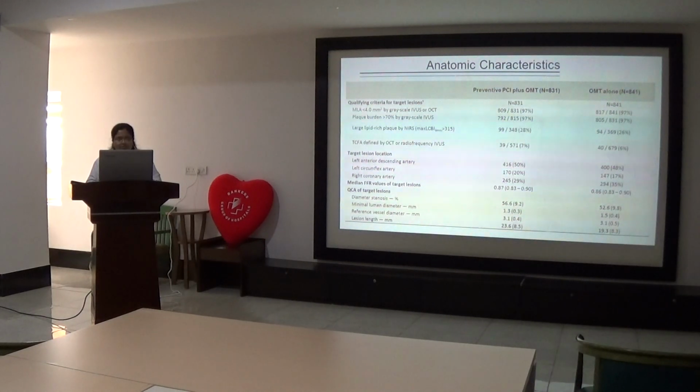The anatomic characteristics were equally divided. MLA, based on minimal lumen area, 97% was